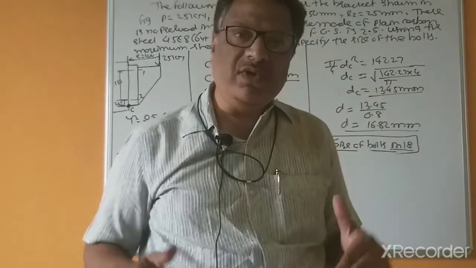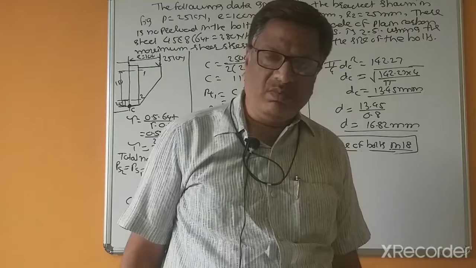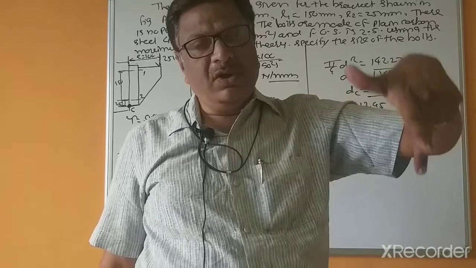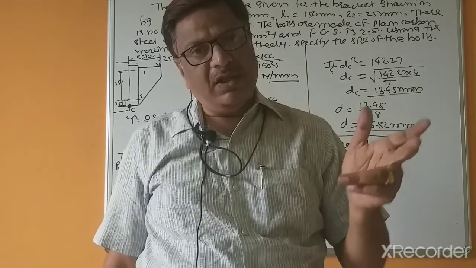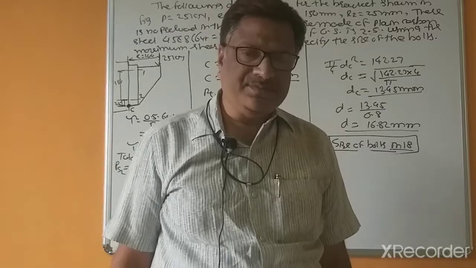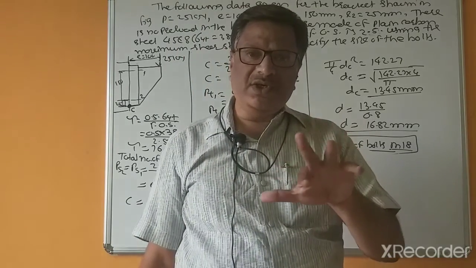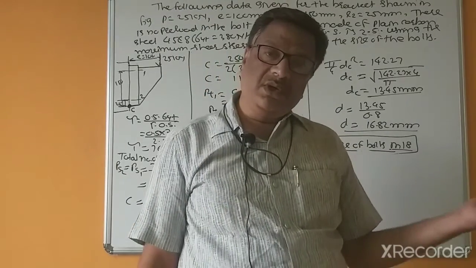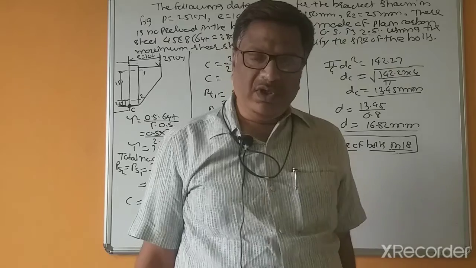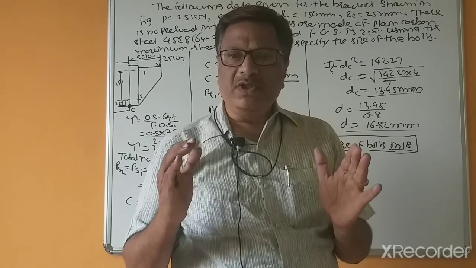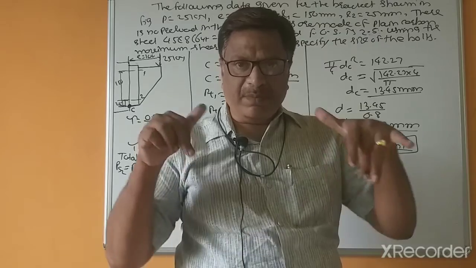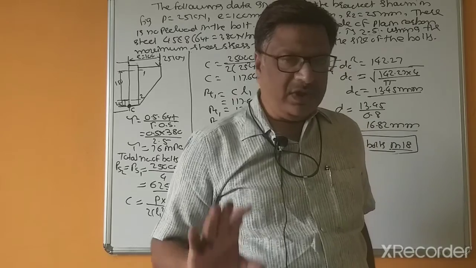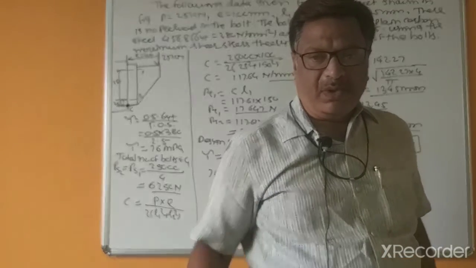So what is the design procedure when the load is parallel to the axis of the bolt, and what are the stresses induced? Because when the load is parallel to the axis of the bolt, there is primary tensile stress and another is the secondary tensile stress. Means we have to do the direct additions of the primary tensile force and secondary tensile force, similar to shear. So we will see problems related with the design when the load is parallel to the axis of the bolts. So today I stop here and we will continue the remaining problems of the threaded joint.